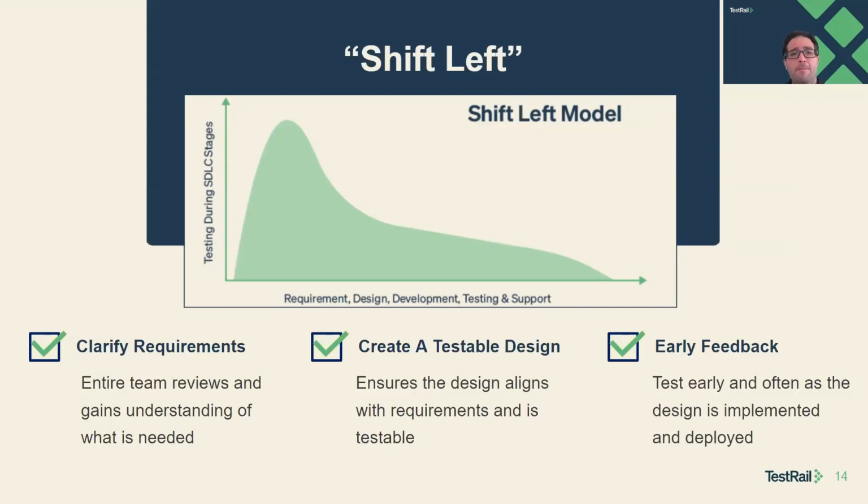All right, transitioning. This concept, and I'm sure some of you have heard of it, some maybe not, is the idea of shift left from a software testing perspective. We have other blog posts and resources on the TestRail site that you can dig into if you're curious. For the purposes of this, and I think it's very important for a hybrid or distributed work model, it's really about front loading or early engagement of considerations, activities, and all things testing or quality in alignment with requirements, design, and development. You'll see the graph here.